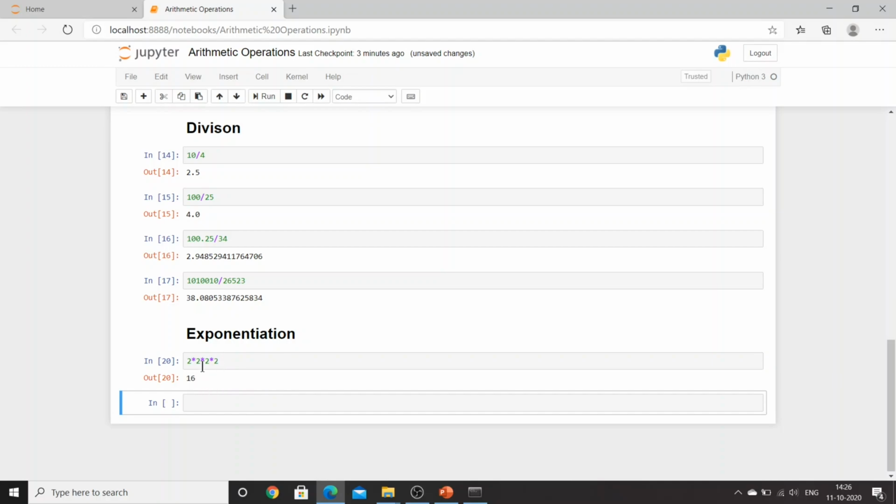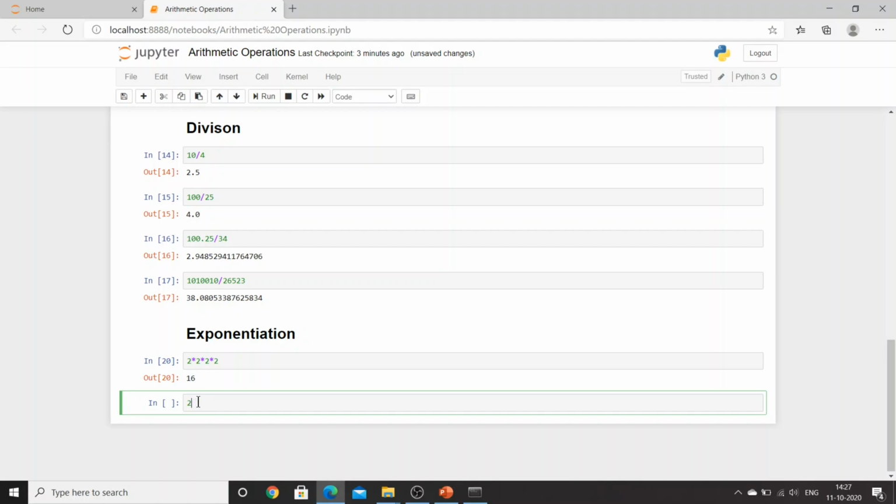Now instead of multiplying 2 a number of times, what I want is I just directly want 2 multiplied 8 times, or say 10 times. So that means I'll say its power, 2 to the power 8. You must have studied this in your mathematics, a to the power b. So a to the power b means a is being multiplied b times.